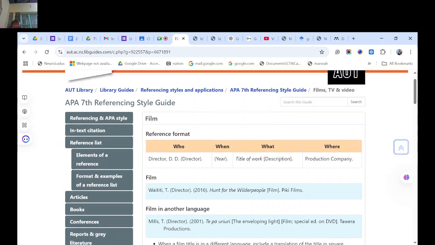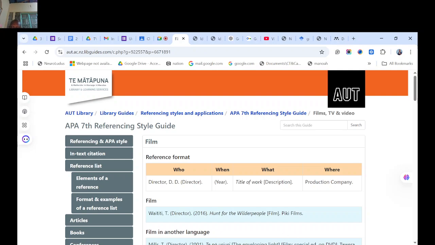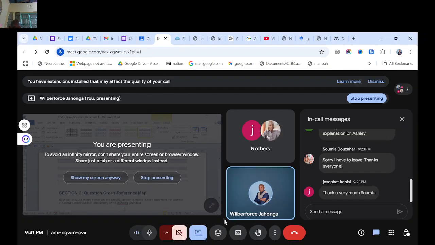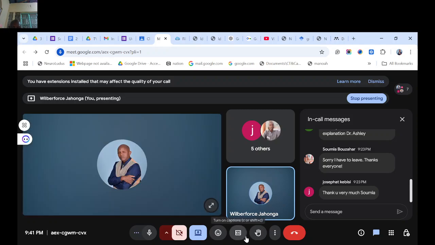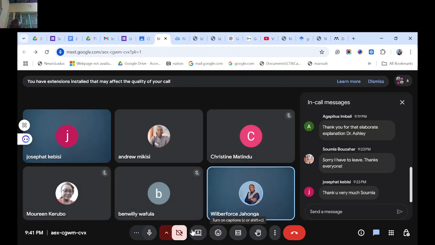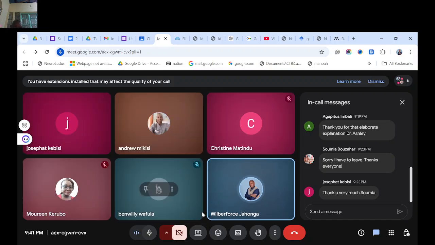So we can actually do some serious citations using that kind. So I don't know if there are questions. I think because of time maybe we can call it a day unless